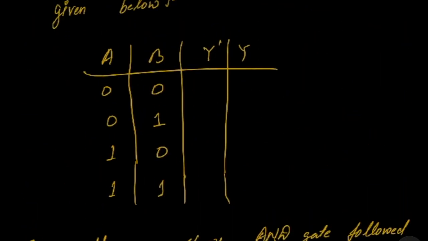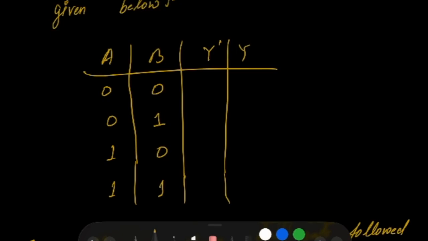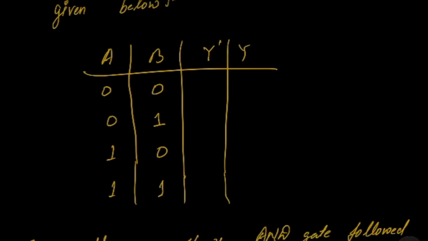So I am filling here only, just changing the color so that you can see the difference. So it is 0 0 and AND of 0 0 is 0, and it is NAND, so it is 1. 0 1 is 0 when we take the NOT. AND of 1 0 is 0 and NOT of this is 1, and AND of 1 1 is 1 and NOT of this is 0. So this is the truth table. Now the next question,